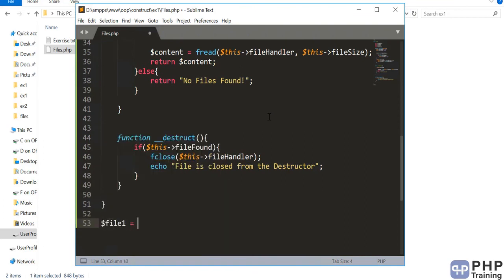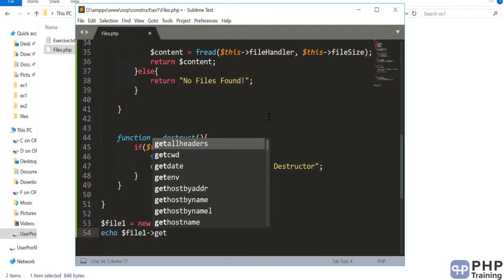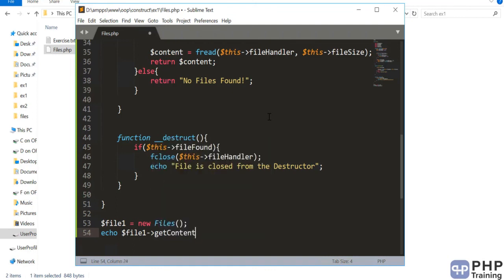So file1 is equal to new Files. Then you can say file1, and you can just say get contents, and we'll pass the file name here. Okay,